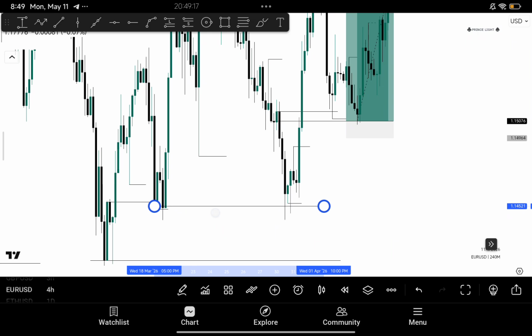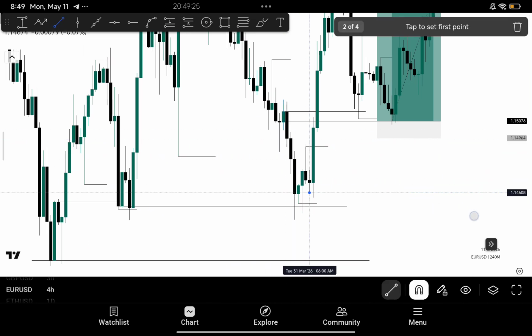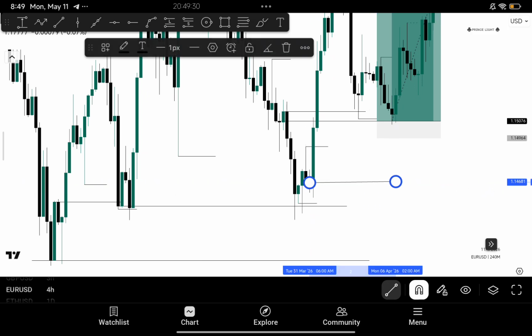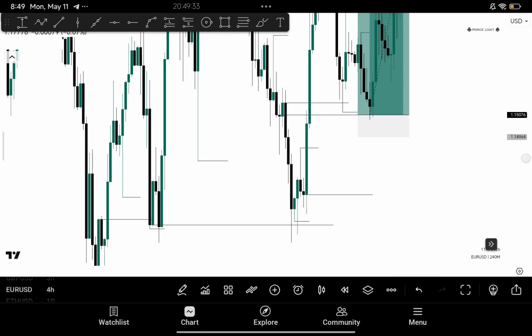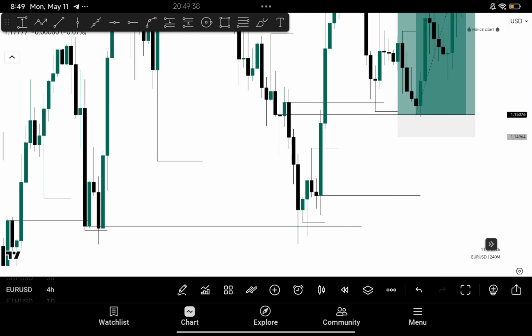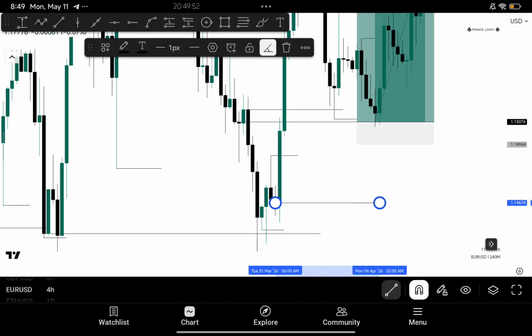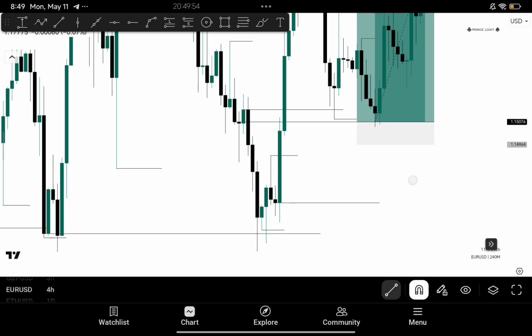This is the particular level price was rejecting from on the daily. So what do we look for? Our sweep of liquidity and a break of structure. So what do we do next? We'll be expecting price to come to this apex, creating liquidity for it. And I've explained this before. When price rejects from a particular key level and gives a massive breakout like this, let's say this particular rejection, then price gives a massive wick to the upside just like this, a massive body candle to the upside just like this, we are no longer expecting price to come to this particular apex. We're expecting price to go